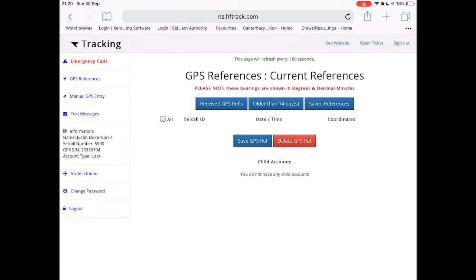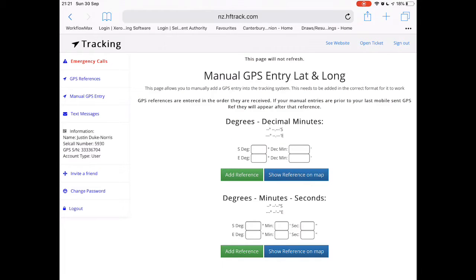Okay. The next screen is also quite a useful screen, which is on the left hand side. You've got emergency calls, GPS reference, manual GPS entry. In this situation here, I would hardly use this. It's a case where you don't have a GPS coordinate, or you do and you want to see where it is in the map. You can do that, but I just don't bother about it. It's not really something I'd need. But the next list down on the left hand side